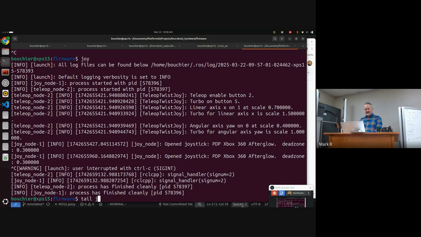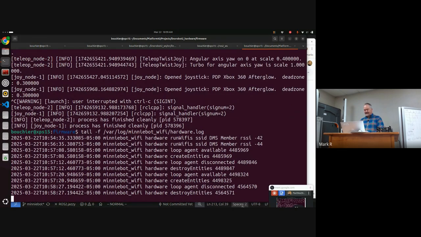So let's tail -F slash minibot Wi-Fi message hardware.log. This is what was left in the log the last time. So we'll power the robot on,